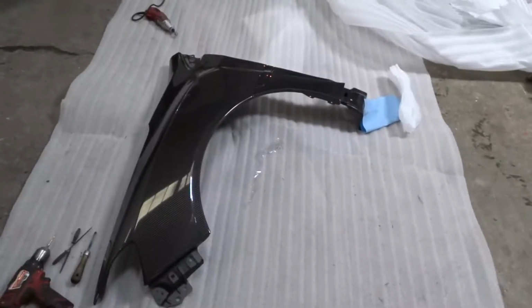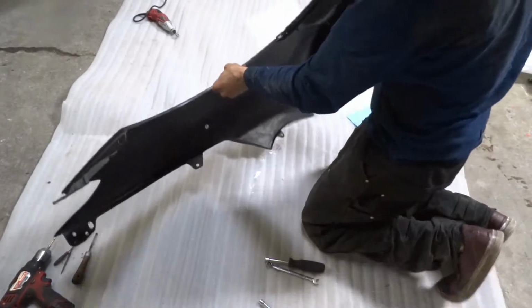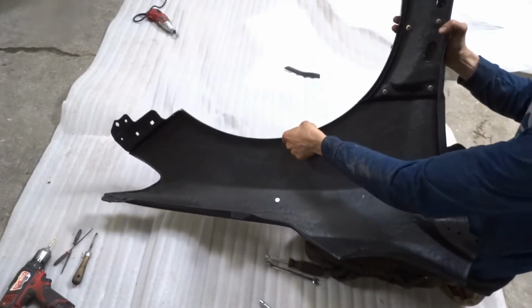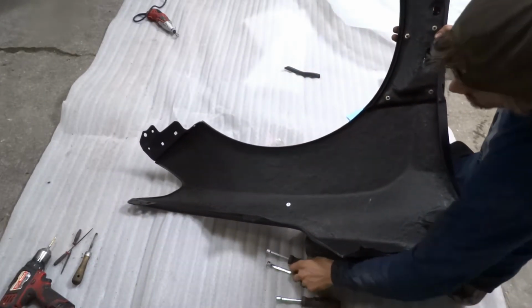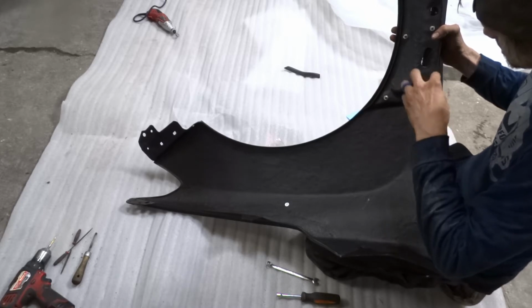Alright, before we can start test fitting this panel, we need to make sure, well, they send you hardware. I don't know if you can see that, but they send you 8 mils. You put that on. Gotta make sure they're snug,